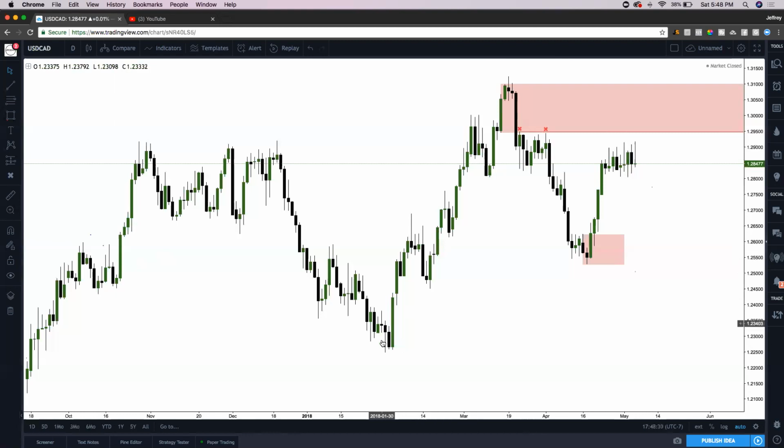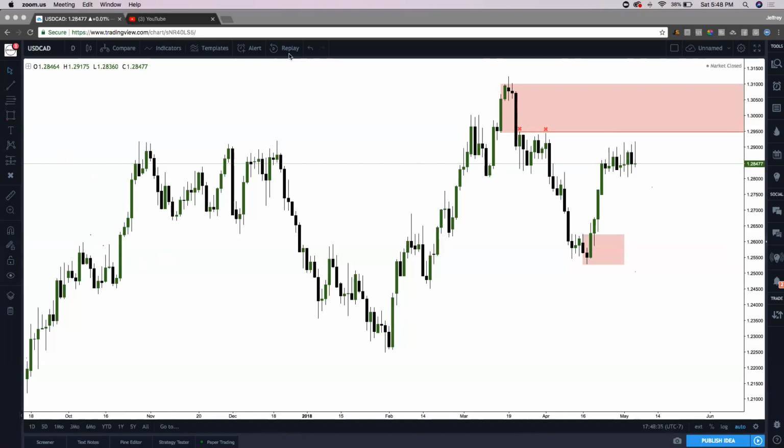So just for example, let me get the little drawing tool. All right, here, low formed. So say you bought it here. Market trades higher. Bam, you get a retest here. You could have bought it again. Market trades higher, retest structure, could have bought it again. Trades higher, retest structure. This structure over here, retest, trades higher. So any hedging strategies, if you're going to do 1.0, then you could have done,